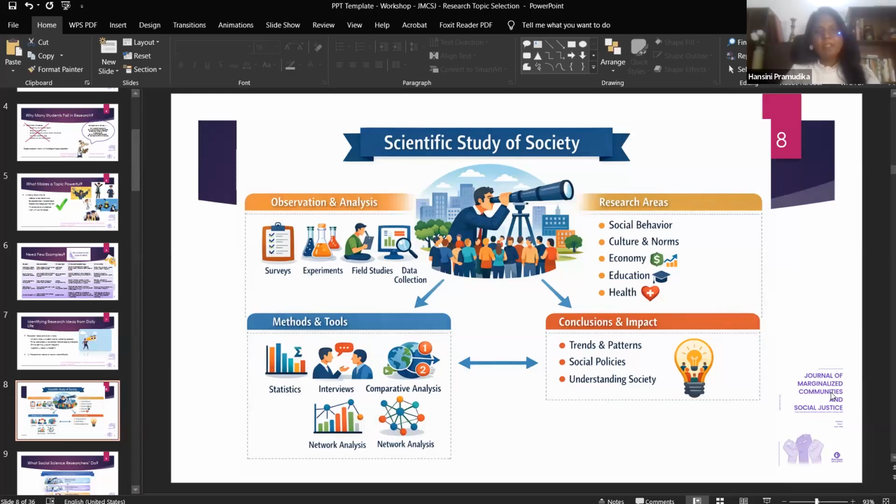Okay. Now, how do social science researchers do their research in a scientific manner, right? First of all, they have to study the society. As I told you earlier, without social evidence or without connecting to the society, you are unable to conduct a research. That is the nature of social science research, right? Observation should be there. So you can observe the society through surveys,